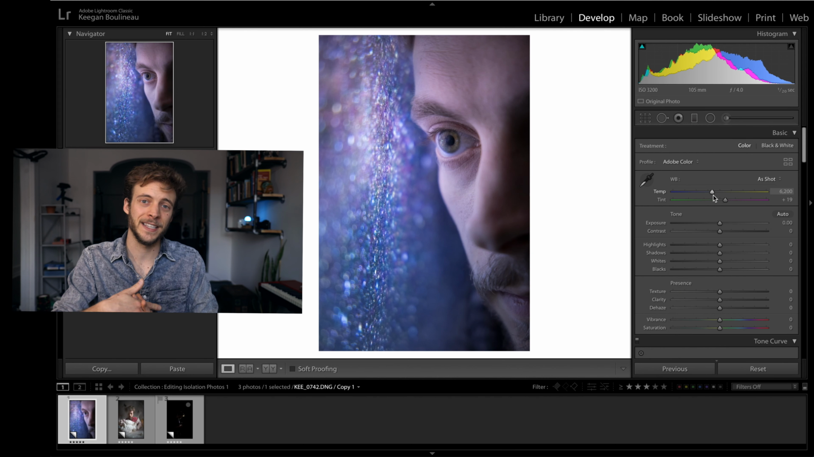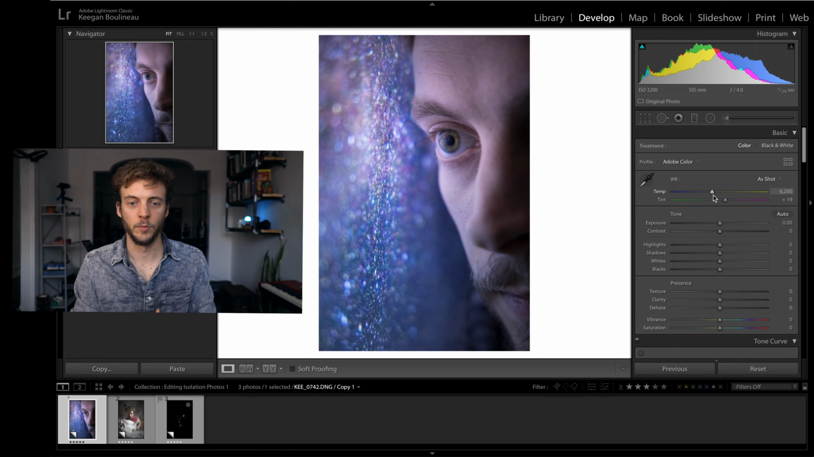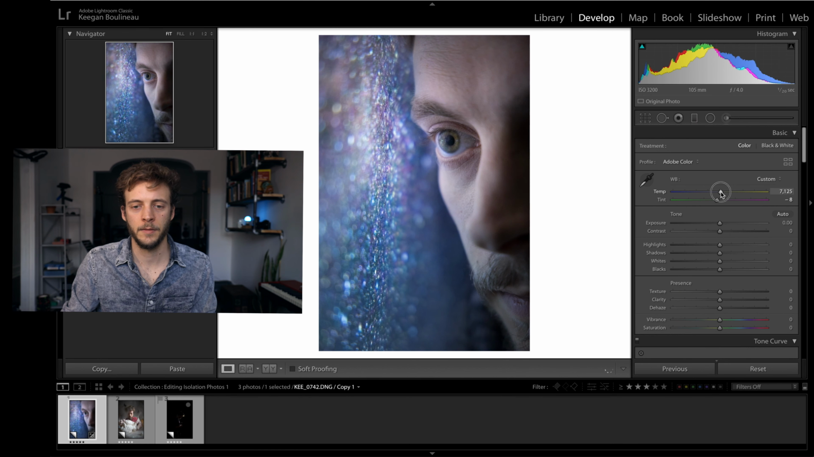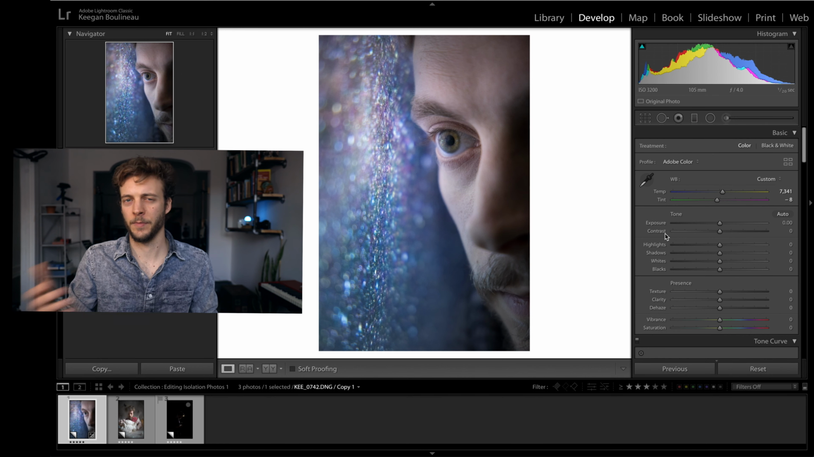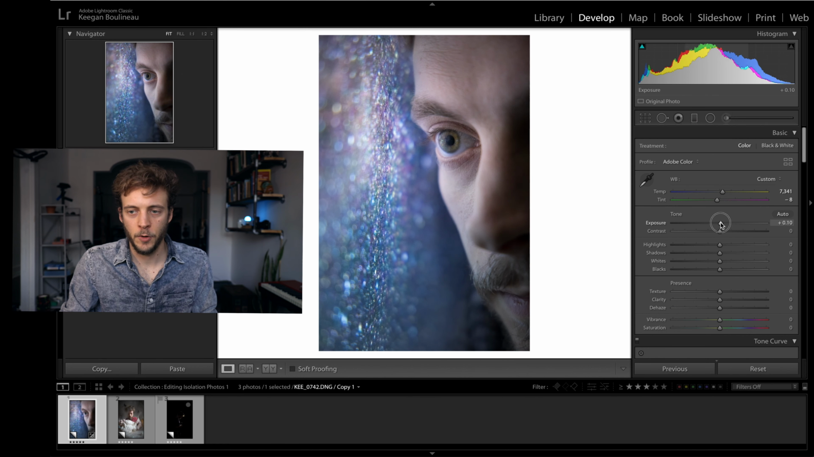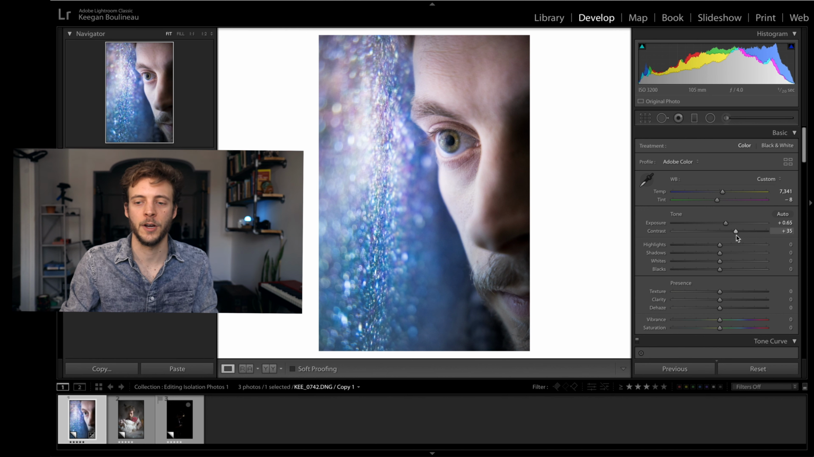So the first thing I'm gonna do is get my skin tone a little more natural. So let's reduce this magenta a little bit and bring up the temperature slightly. So now we have more of a natural skin tone to start with. We might come back to this later on to make some further adjustments. Next up, exposure and contrast. Let's bring up that exposure. Yeah, here we go. And I do like contrasty photos, so I'm gonna push up the contrast a little bit